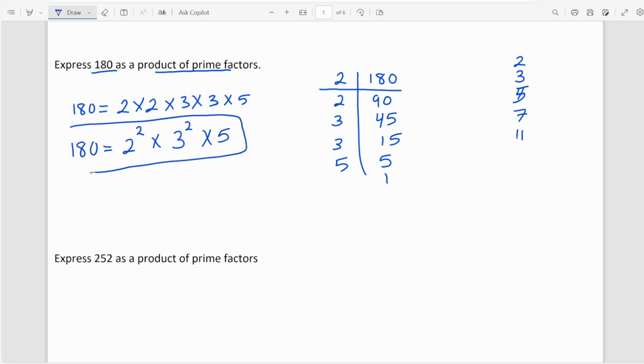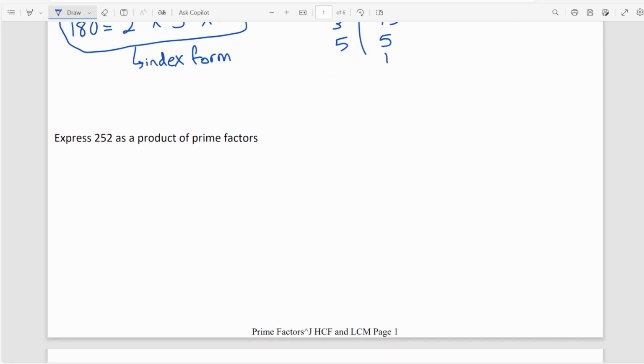Because it will really help you in finding highest common factor and lowest common multiple, which we will take later, okay? This is called index form, all right? So everything is raised to an index or to an exponent, okay? All right, so now we have